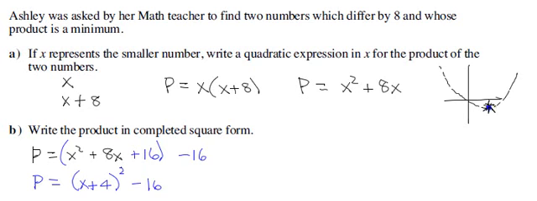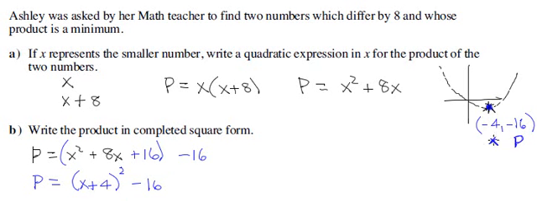Which means the coordinates of this vertex are -4, -16. Those numbers, p and q, or h and k, or whatever you've learned, are the location of your vertex. So what does this tell us? Well, this is your x coordinate, meaning it's x, and this is your p coordinate, the product. So the product is